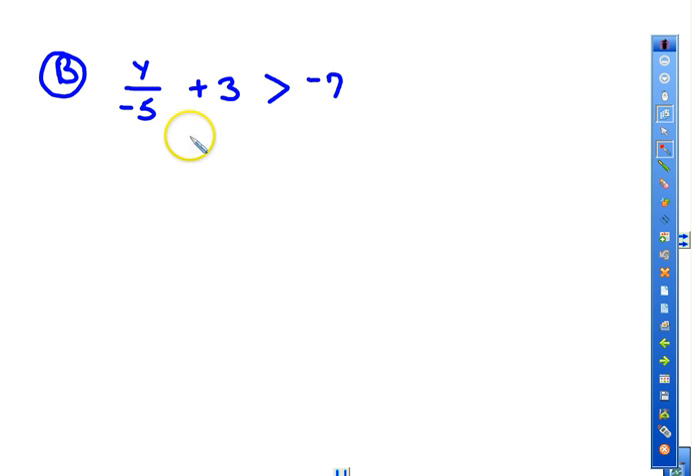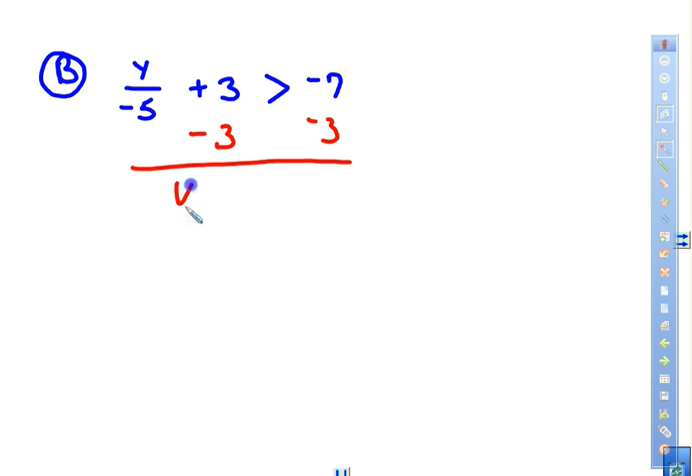I want you to go ahead and hit pause and solve this. This does say y divided by negative 5 plus 3 is greater than negative 7. So go ahead and do that. All right, for this particular problem, again, since we are starting with a number that's not with the variable, we will have to subtract or add a -3 to both sides, and we end up getting y